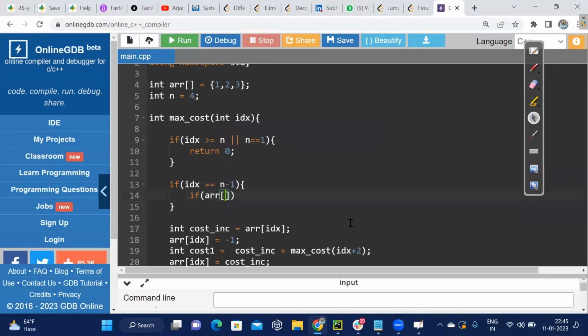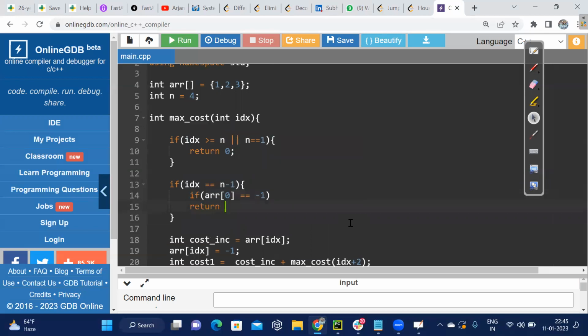If array of 0 is -1, then we just return 0 from here. It cannot be included, no point of going further. So just return 0. This is my ending point. Since I can't include from the current index, it's as if my entire array is empty from this point. So return 0. If it is not,